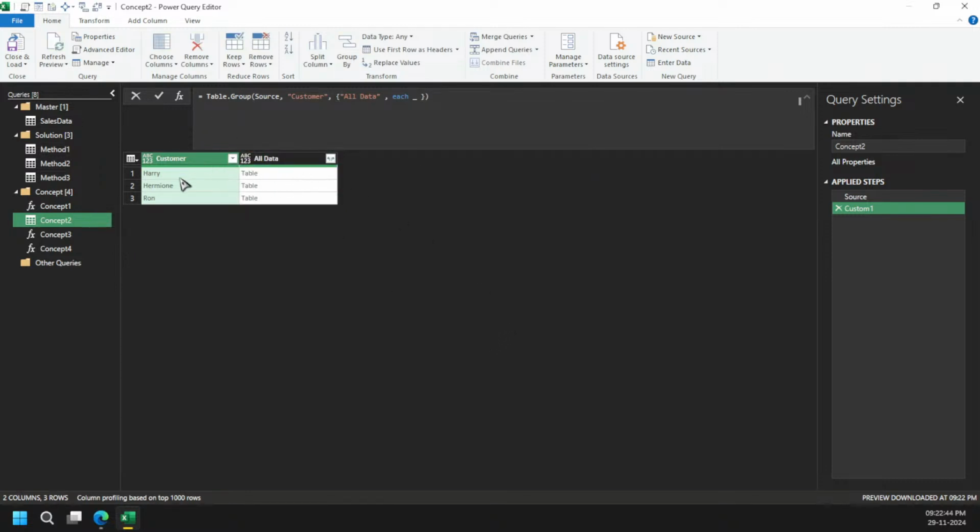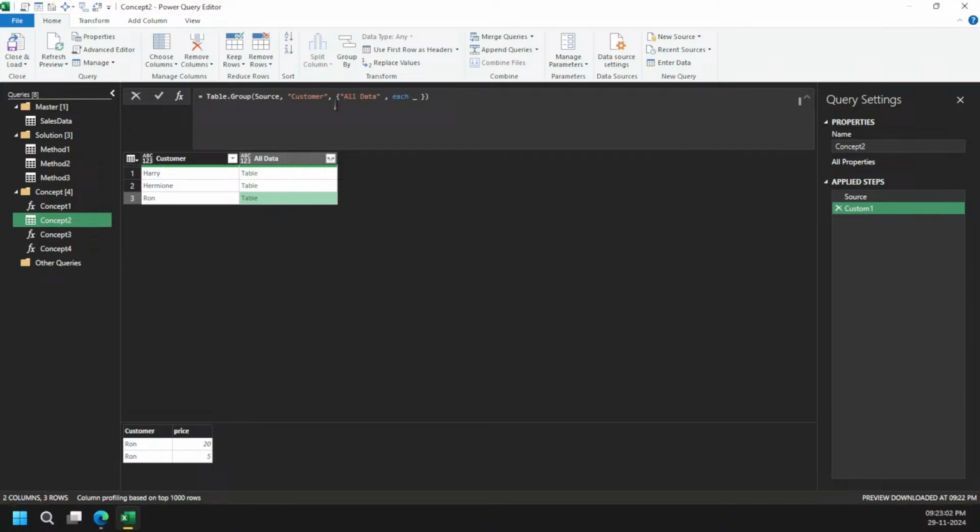Now you can see my whole data set has been grouped by 3 customers: Harry has his own table, Hermione has her own table, and then Ron has his own table. Got it?